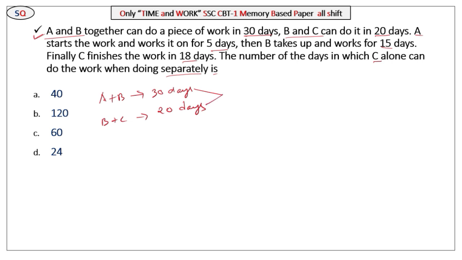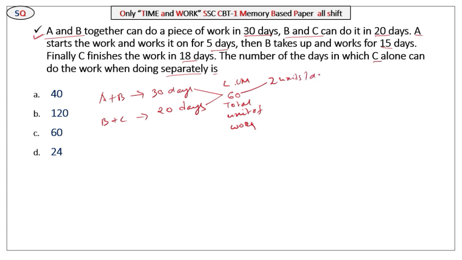LCM is the total units of work. So the LCM of 30 and 20 is 60. This is the total units of work. Now A plus B can do how many units of work? 2 units of work